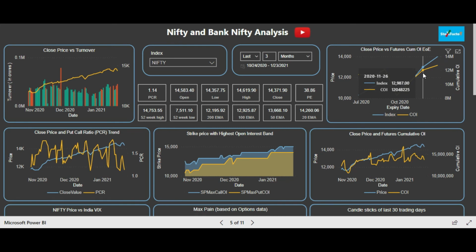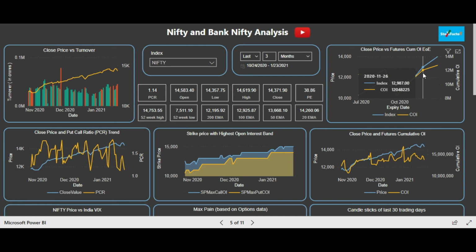Had the rollover percentage been lower, like less than 70, then you would have taken the cautious stance that the rollover percentage is not very high as compared to the previous 3 months average. So we have to take a cautious stance. Maybe the correction can take place and then we can enter into the market. So in this way, rollover percentage gives you an indication when you are trying to make a view positionally. Like if you are a positional trader, you are trying to make a position for a few months, not for the current month only, but for 2-3 months, then the rollover percentage is very important for you.